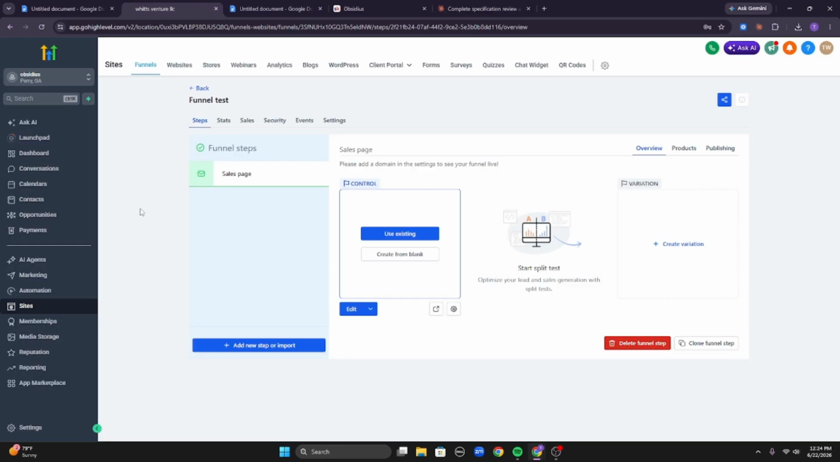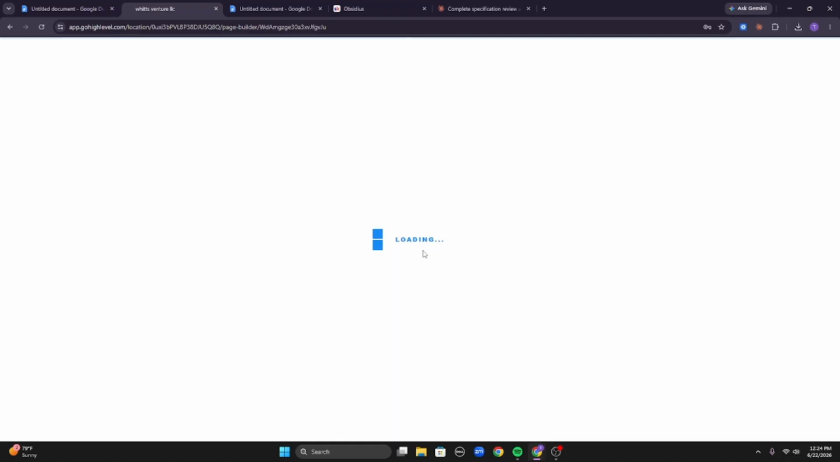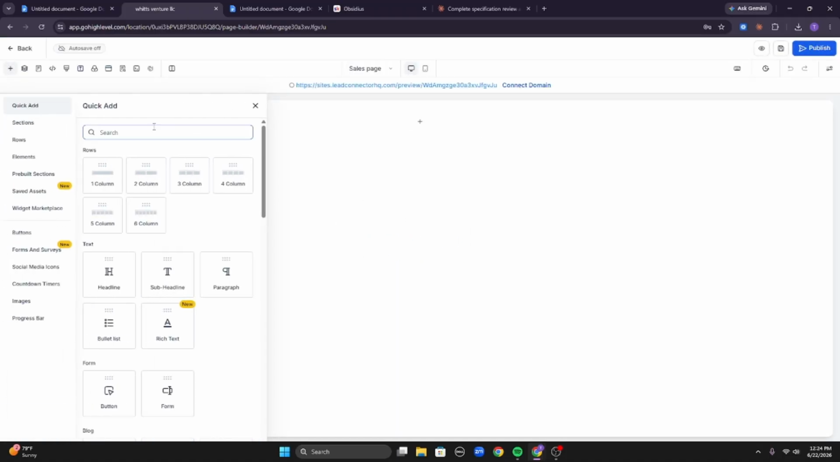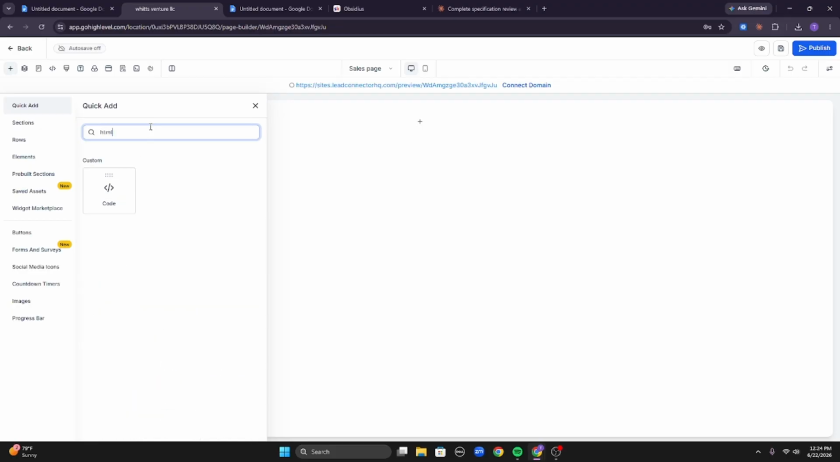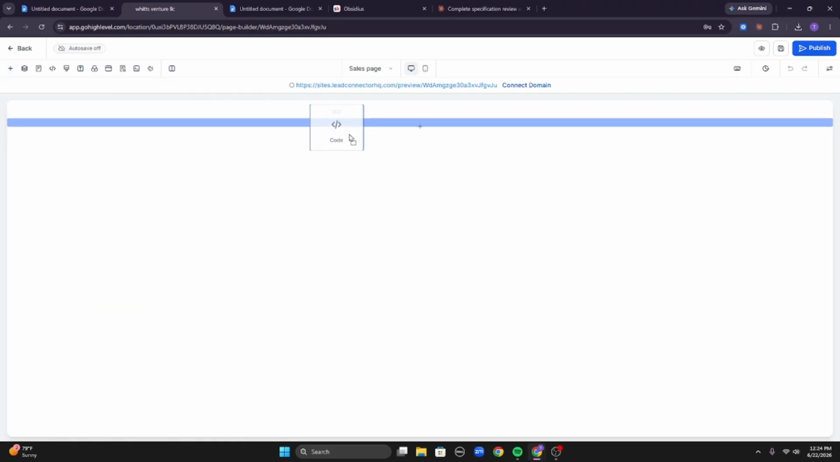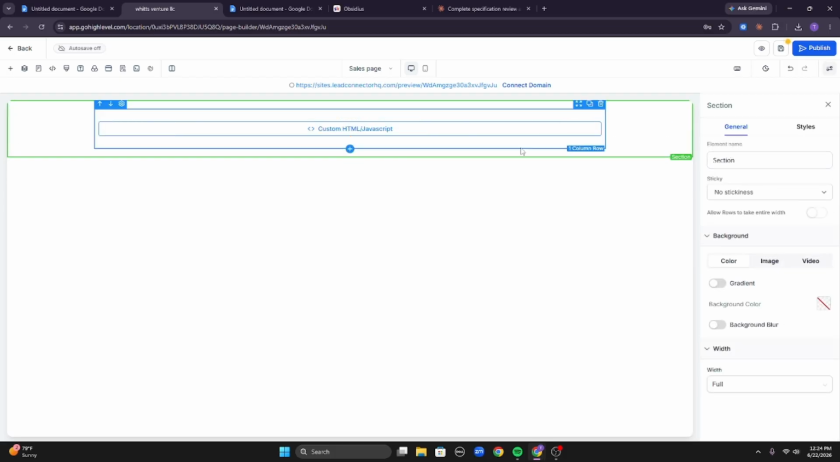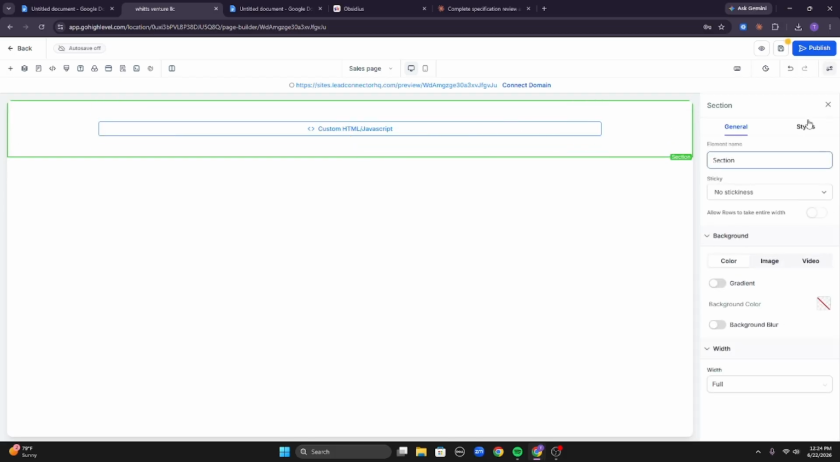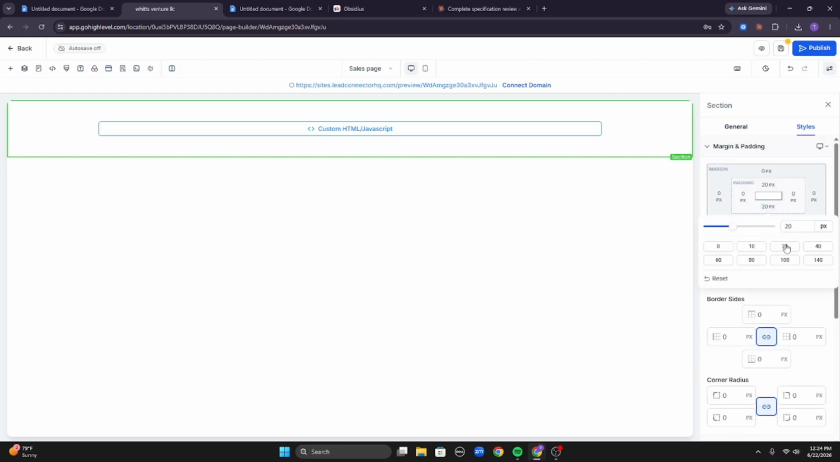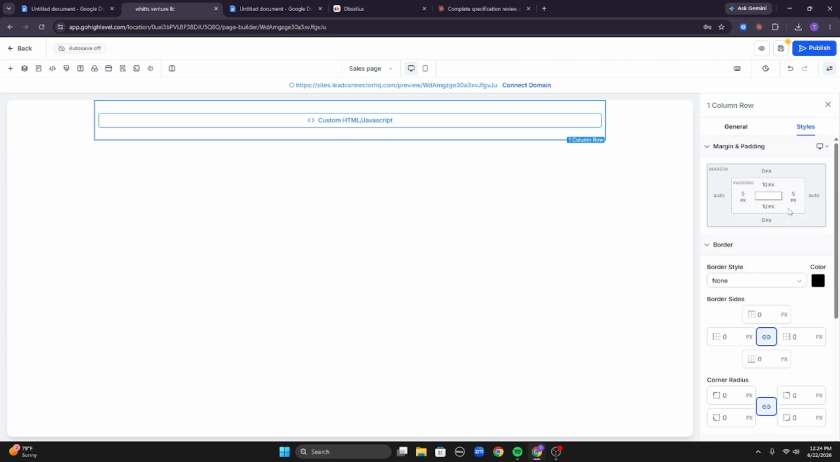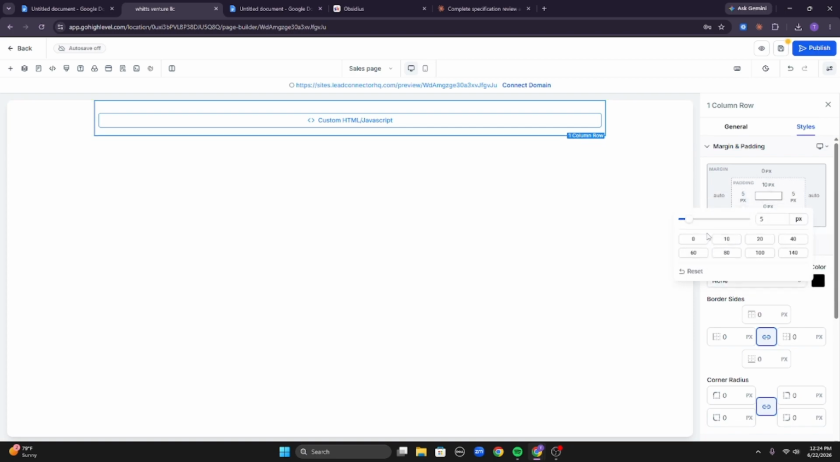So here inside of GoHighLevel, you can go to your funnel and just add a page, and you can just create from blank. And inside of this, we are going to add what's called HTML or code, whichever one, and add that here at the top. Now, you're going to see all this padding and margin around these sections. We're going to get rid of all of it. So I'm just going to turn all these down to 0. Same with the row. 0,